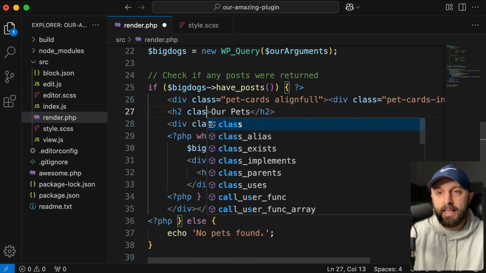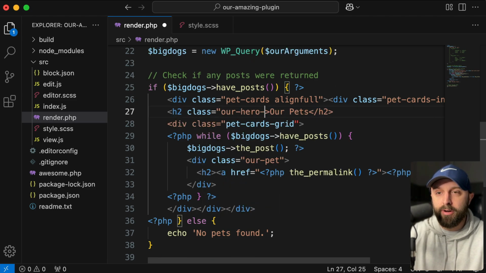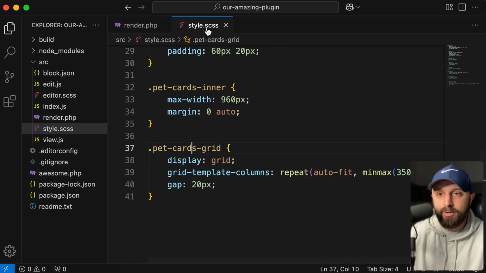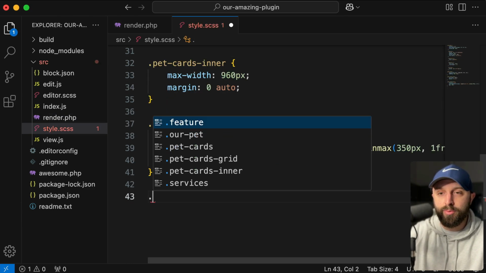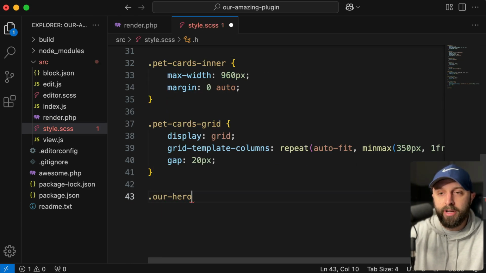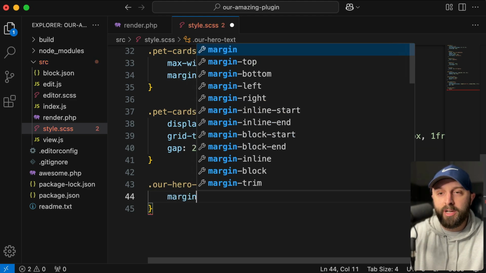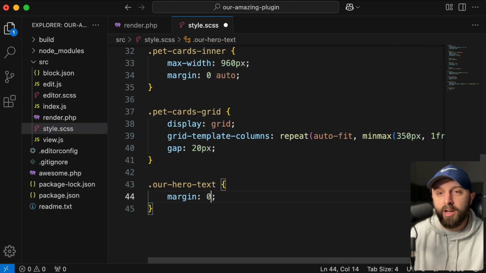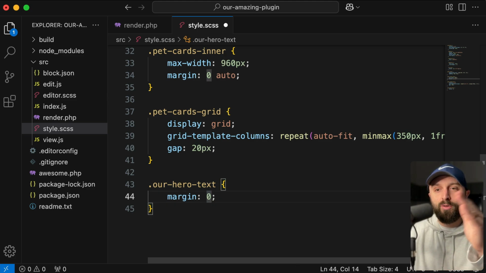I would probably give it a class of like our hero text, just so I can select only that specific text, and then just a new rule dot our hero text. The first thing I would do is zero out its margins, but in terms of like bottom margin, we would want a little bit. So there's this cool shorthand where you can set all 4 values moving clockwise, like top,